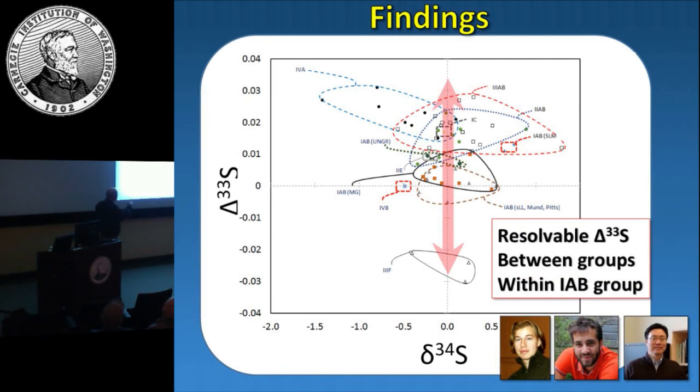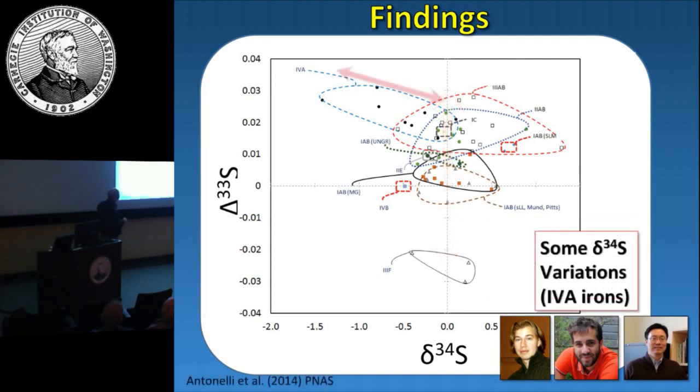And there are clear differences that are resolvable in this capital delta 33 between these different groups. It was not seen in the prior study, I think in large part because they didn't have enough samples to see it. I think they had the resolution where they would have been able to see it analytically, but there are differences in the capital delta 33s. Most of them actually have a delta 34s near here. I'll come to that in a moment. But these 4As do show a scatter out this way, and there are puzzling relationships that show up.